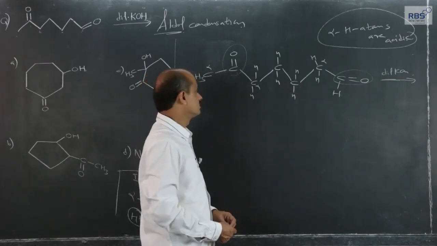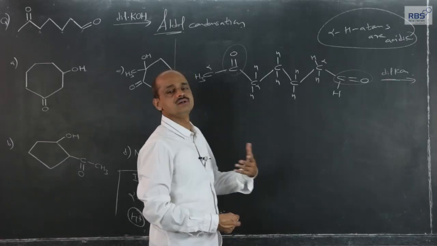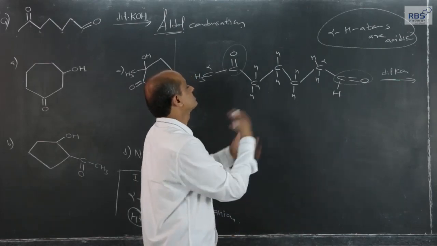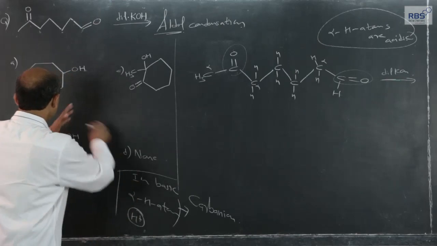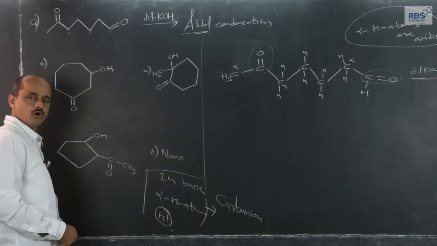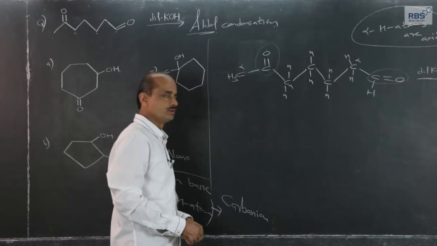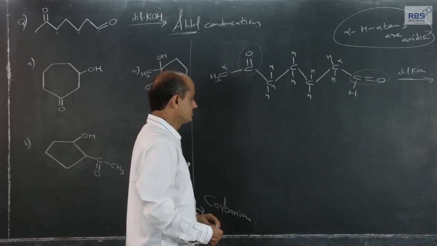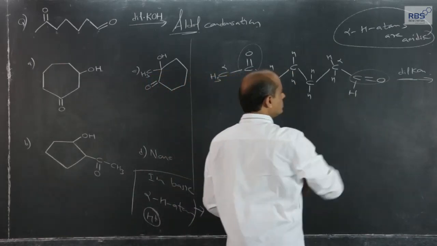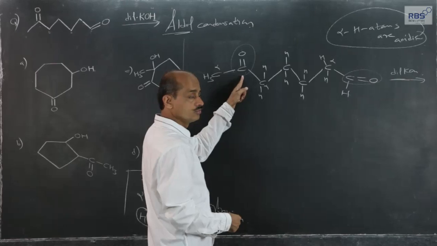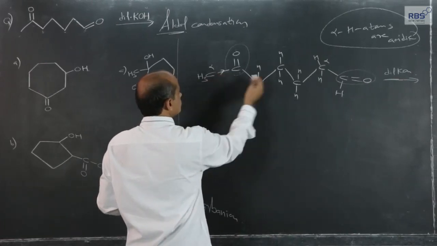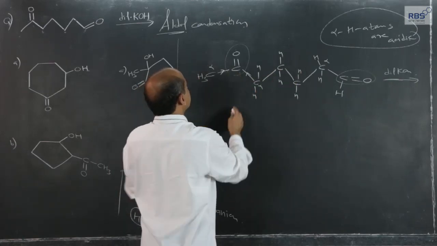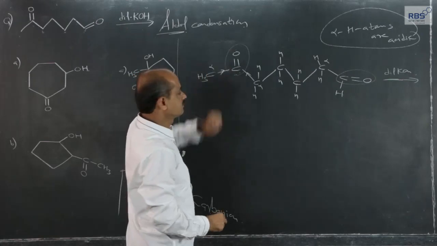There are many possibilities, but which possibility will be major, that we should consider, and among the various possibilities, which possibility matches with the various options which are given, that also we should know. Normally, if aldehydic or ketonic group is present, since aldehydic carbonyl group is more polar than ketonic group, because of plus I effect of methyl group and plus I effect of this skeleton, because of 2 plus I effects, polarity of this is less.